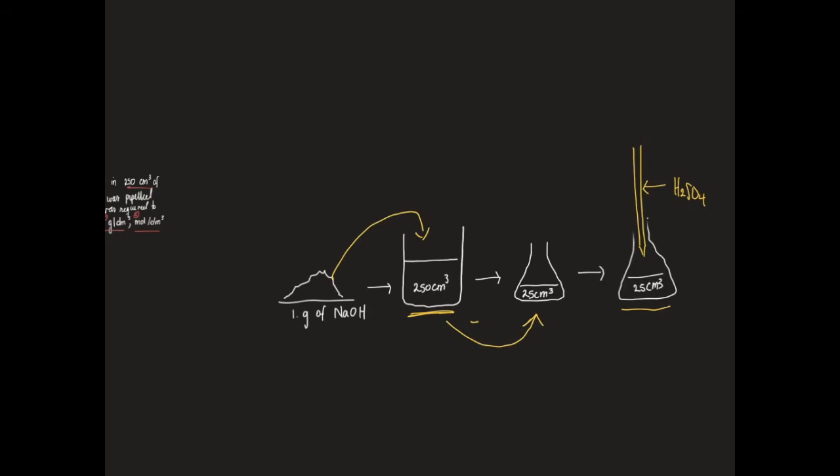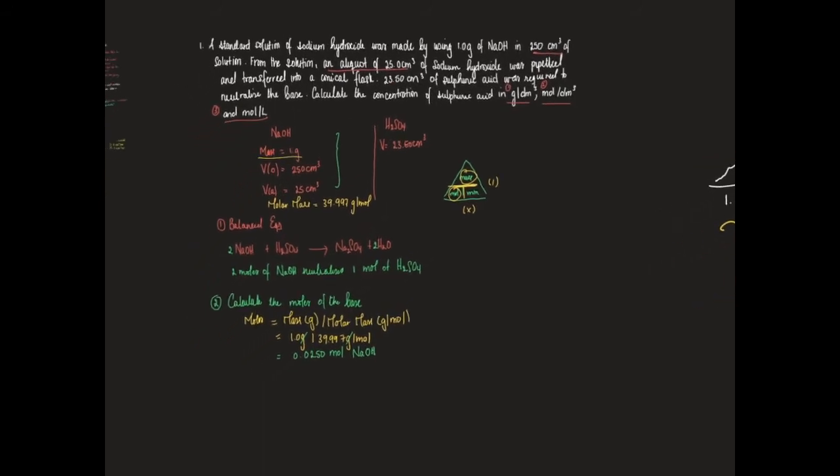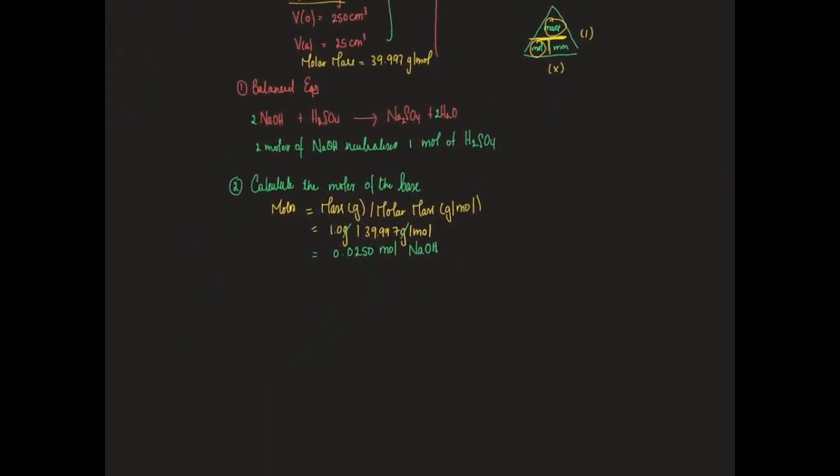So when we calculated the moles from the mass of the sodium hydroxide, we were calculating the moles in the 250 cubic centimeter solution. However, we want to know the number of moles in the 25 cubic centimeter solution. So that is what we need to find out before we move on. So the easiest solution to this problem is using the conversion factor, and I'm going to take you through this slowly. So you know that we originally had 250 cubic centimeters of solution, and you know that the number of moles that we found out was